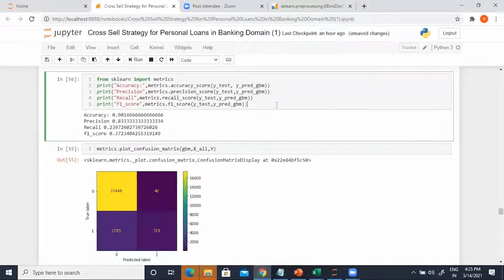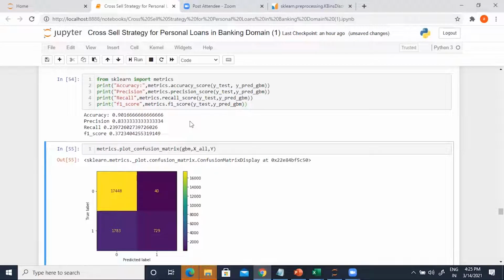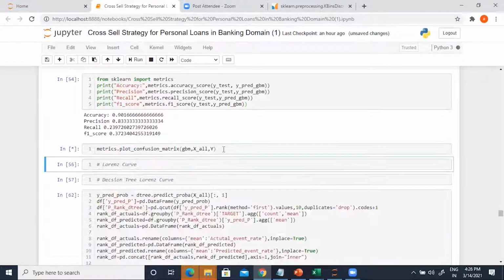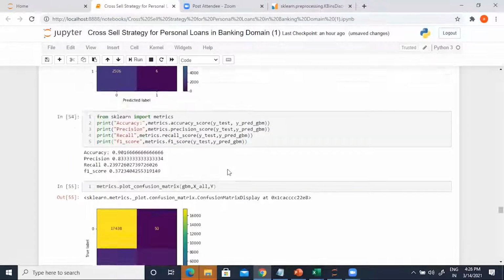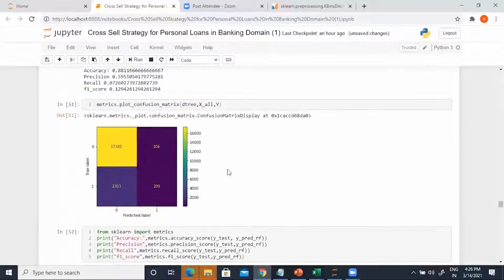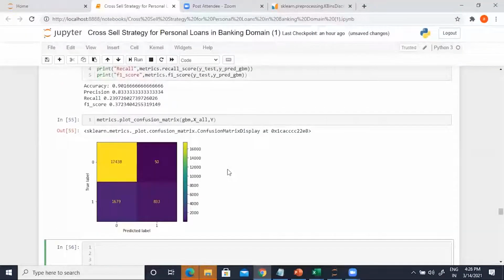But in the case of GBM, we can see some balanced output. We can see that the recall is 23.97%. This tells me that the GBM model automatically, just by looking at the three confusion matrices, do you get some sense that even if I don't work on the cutoff probability, the model that is performing the best is GBM so far?